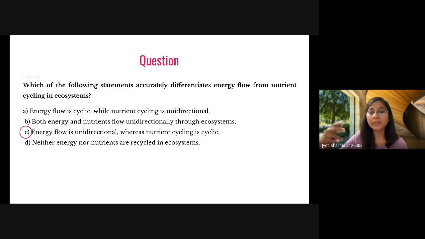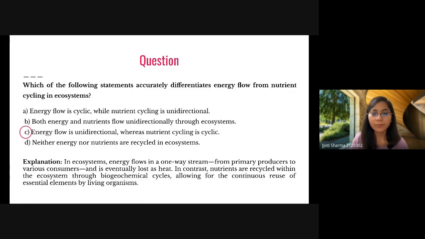But if there is recycling of the nutrients, for example, we are taking carbon from the plants, and then after we die, or after the burning of the human, carbon will be released into the atmosphere, and this carbon will be taken up by the plants. So the nutrient cycle is cyclic in nature. But if we are talking about the energy flow, then this is unidirectional. The energy will not be taken up again by the plants. So this is